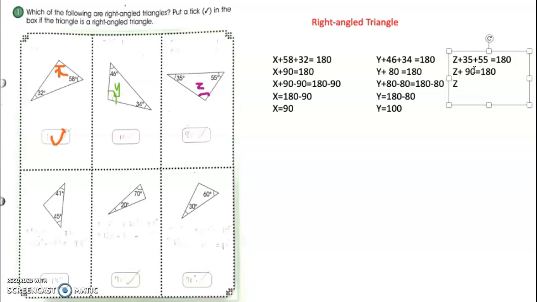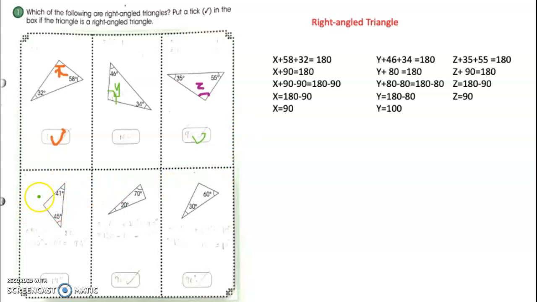So z is equal to, I will just shortcut it now. I won't try to subtract 90 from both sides, because we understand how it works now. So it is equal to 90 again. So z is 90 degrees. So I can just tick and say that z is 90, therefore this is a right